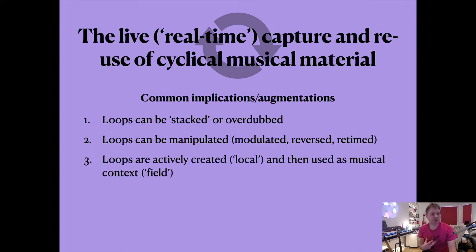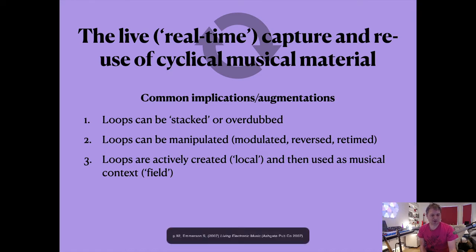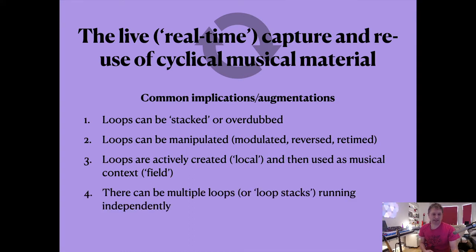And the common use of looping is that you actively create material that's going to be used later as some form of accompaniment. We can use Emerson's terms of local things that are created under your hand at that time, and then the field, a musical context, as if we're building a backing track live and then using it. And there can be multiple loops or loop stacks, if we consider overdubbing, that can run independently and also be manipulated independently. So with these goals, we have in fact many solutions in Ableton Live, each with particular affordances